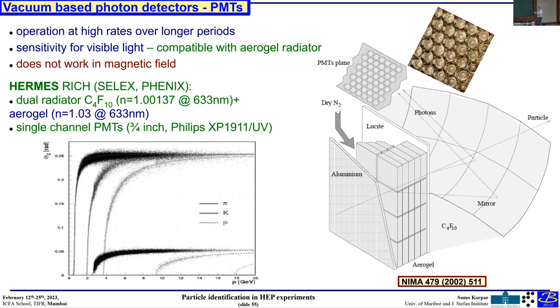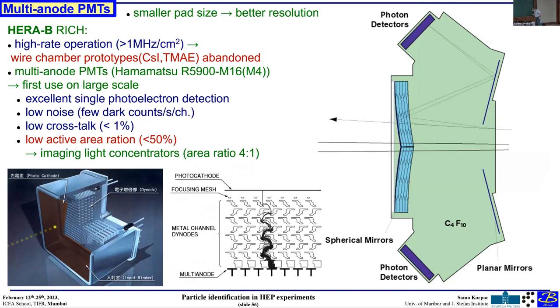If you have very low multiplicity events, this is okay, because in aerogel you get only a few photons on the ring, and you can see the ring even if there is a very large radius. But if you have a high multiplicity like LHCb, then these rings are not recognizable, and you will see later they installed but then abandoned aerogel in the LHCb RICH. So this was a nice example of a photon detector made out of single